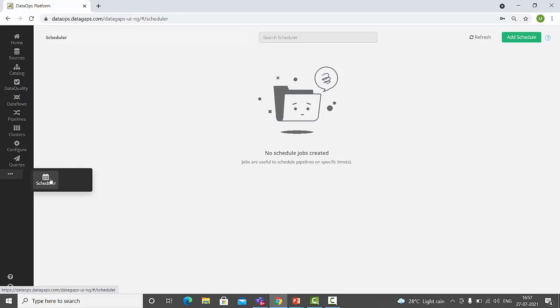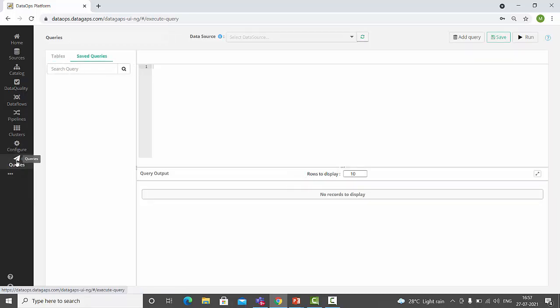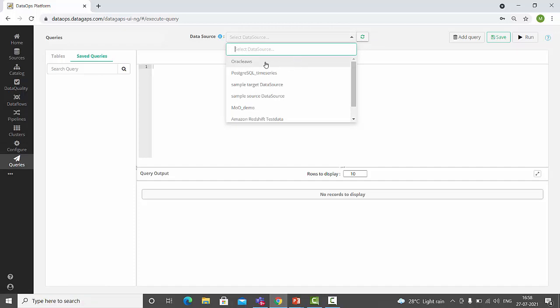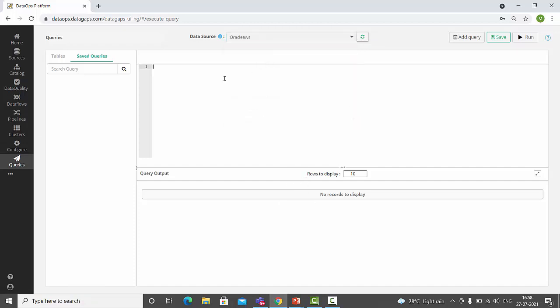This is one more tab called queries. It is a notebook-like interface, wherein the user is given the option to execute queries on a data source using this queries component. The user need not go back to the PG admins or the SQL developers to execute the queries there. Here we can select any data source on top of which we want to execute the queries. I can give any query here, click on execute, run, and it shows the results in the below section. These are the different sections within data flow.